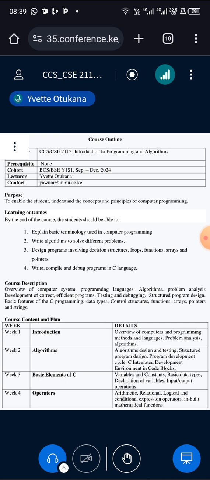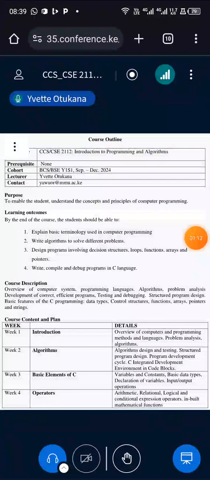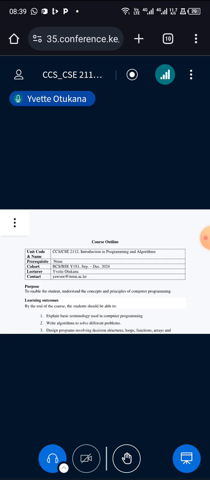So in this class, we'll just look at the course outline. This will be a 12-week class, and we are actually in week 2. Week 1 was last week, but this is where we are going to catch up. So when you look at the course outline,